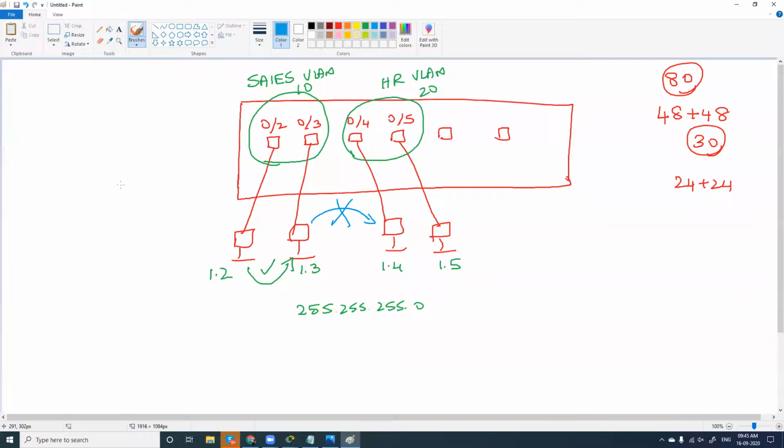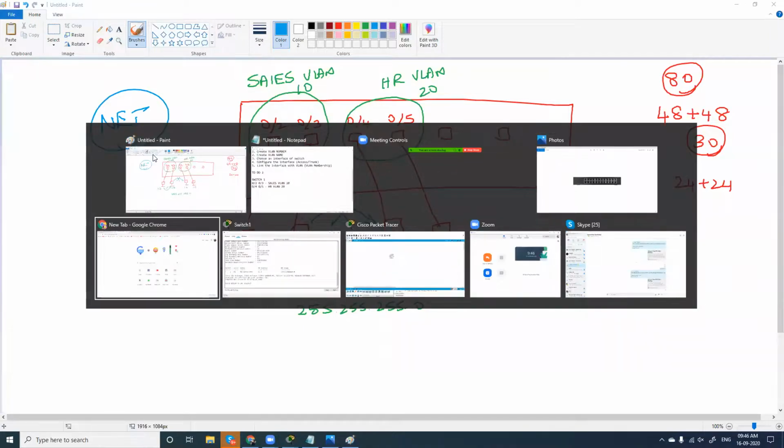And in case you have plans to attend any networking interview and you say, I have knowledge of routers and switches, VLAN would probably be a mandatory question. Why do you go for VLAN, how to configure VLAN, what is the need, and how to configure VLAN with multiple switches. Yes, you will probably get questions on VLAN because this is very basic and is used in almost all companies with switches. So we'll go for the configuration in Packet Tracer.